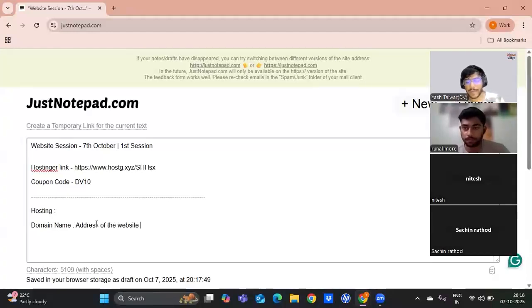Before domain names were in existence, before people were using domain names, you had to remember IP addresses for every website that you wanted to visit. Right? So if you wanted to visit a website, you'd have to enter its IP address, then your browser will take you to that website. But to make it easier for human interaction, for human understanding, domains were created.